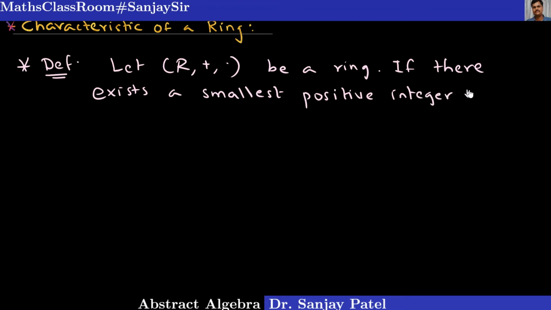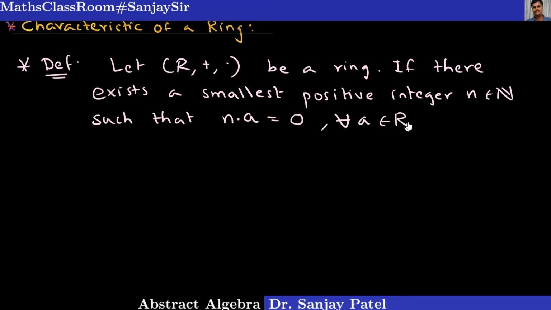If there exists a smallest positive integer n such that n times a equal to 0 element for every element a in the ring R, then the number n